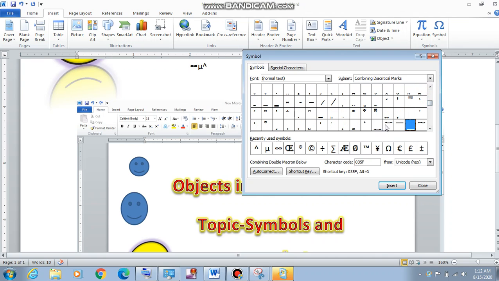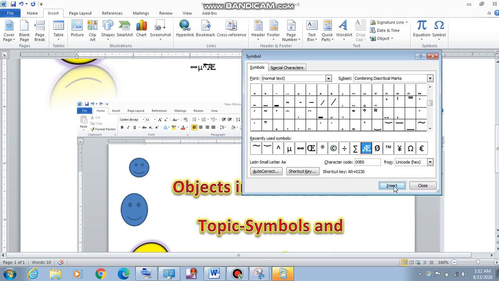For example, these symbols are not actually present on your keyboard, but still we can insert them with the help of the Symbol option present under the Insert tab. Just select it and insert it. You can see it is being inserted.